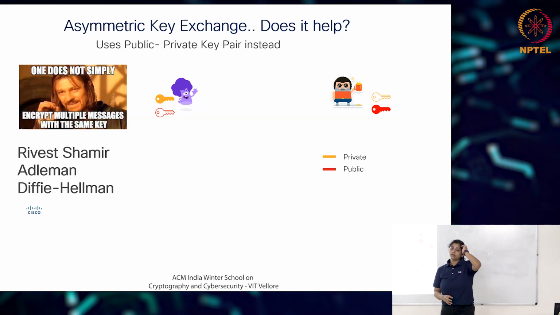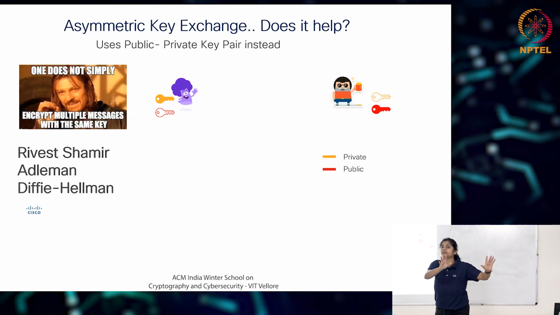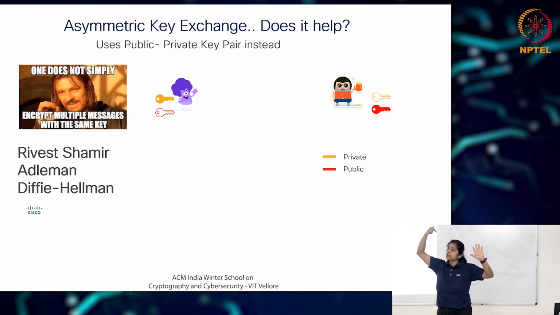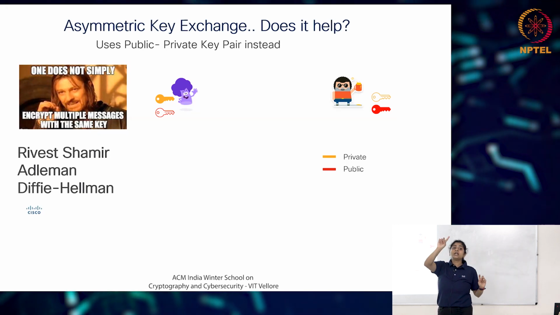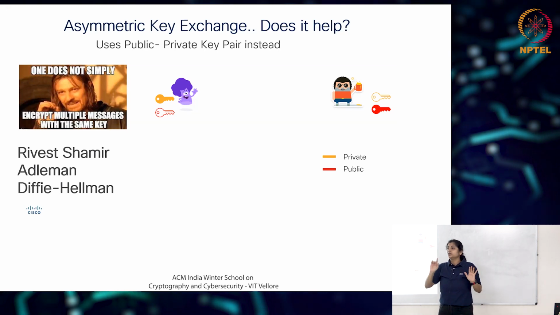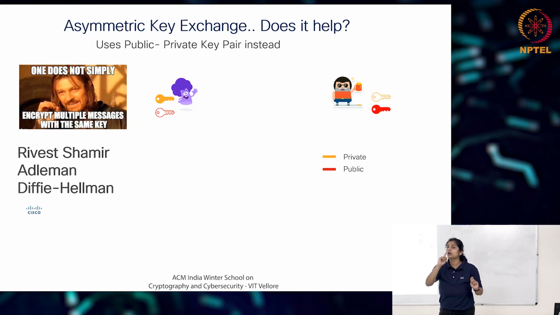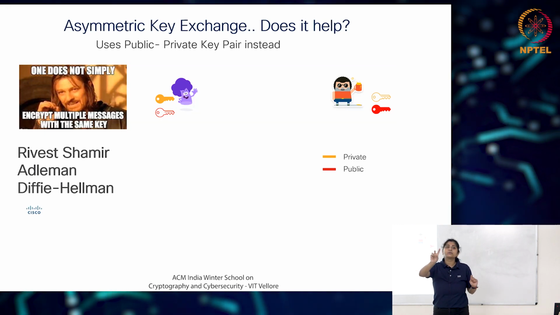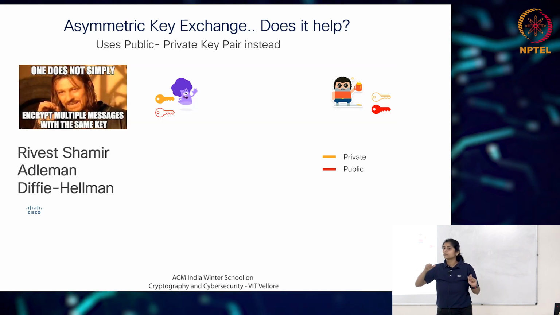So, this is where we get into PKI instead of a symmetric, because PKI is all about asymmetric key exchange, okay? Even when you're using encryption, there is asymmetric exchange happening. This is a key difference between a normal communication and a PKI based communication. The main difference between encryption and verification is how you use your public-private key pair. Do you know the difference between when you use public key, when you use private key? What's the difference? Somebody.